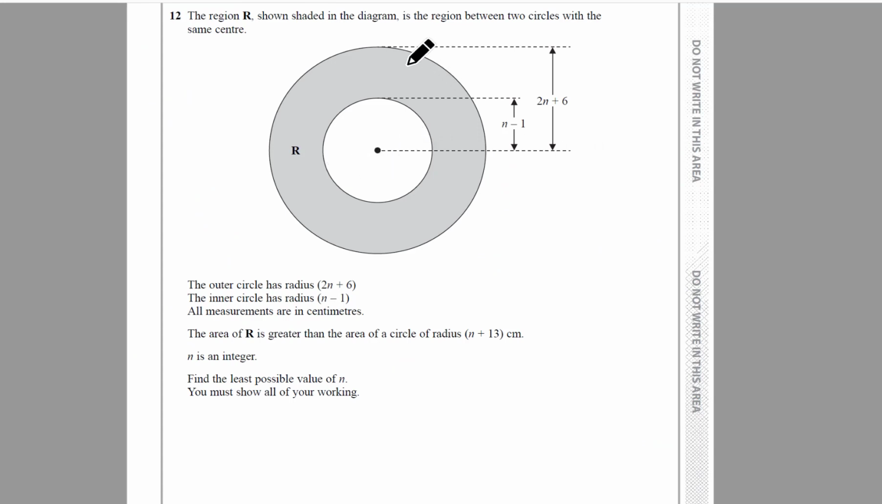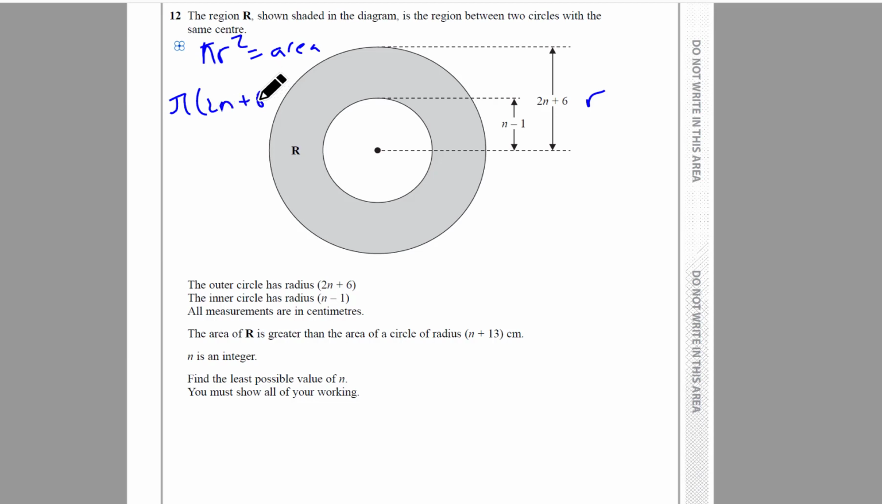So step 1 is we've got this circle, and it's just in terms of n, but we just use our pi r squared facts, but with algebra. So that's pi r squared equals area. Now you can see r is the big circle minus a small circle. So that radius is 2n plus 6. So we've got pi times